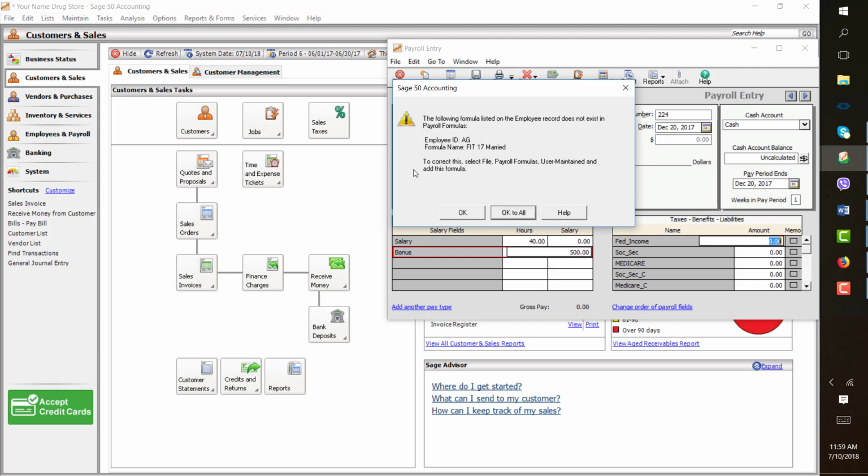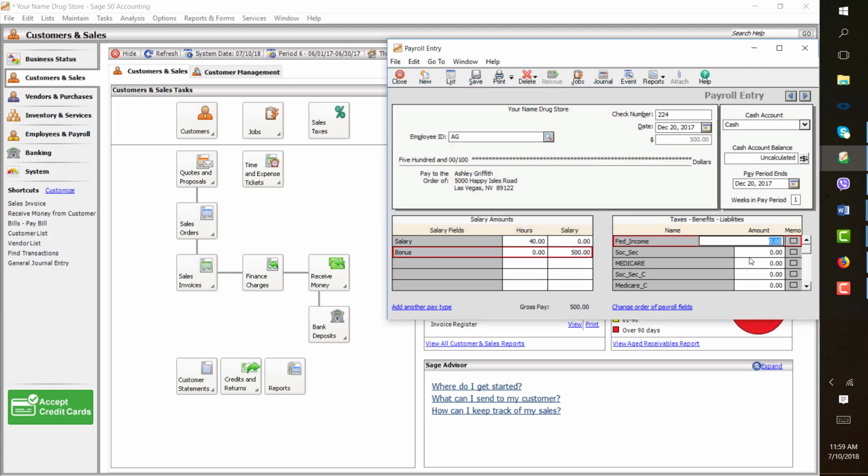So on the withholding, you want to enter minus $14.52. On Social Security deductions, minus $31. On Medicare deductions, minus